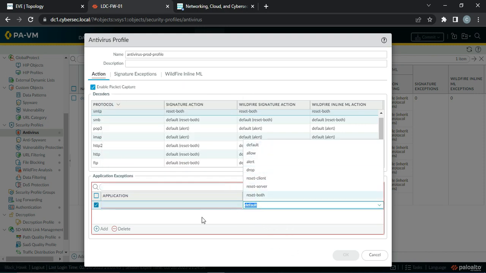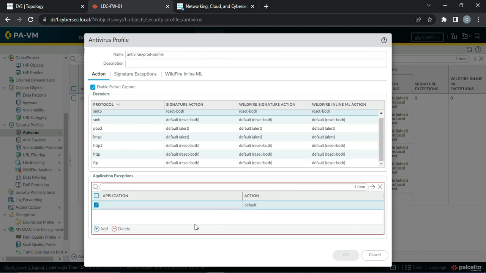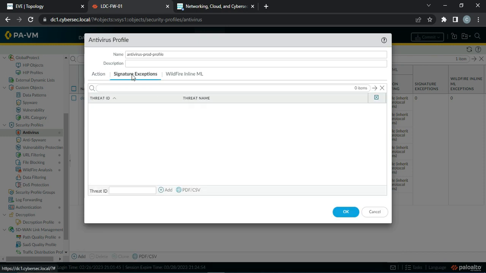You can define the action what you need to do. Okay, so we don't have any exception. Then signature exceptions. If you have any threat ID or threat name, you can click on add here. You can add. You can get those threat IDs over Google or in the